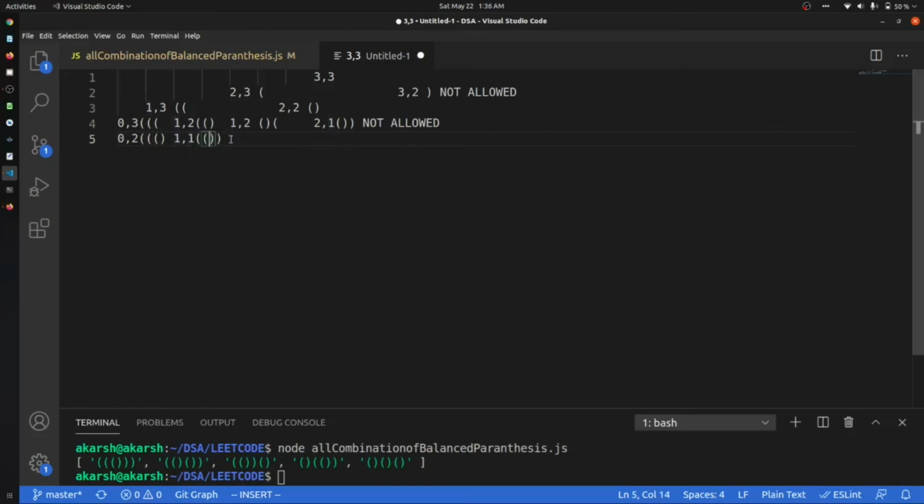It will be like this, and then we will come to this point. One sec, I think I have done something wrong. Okay, this will end up as 1 comma 1, and it will be like this and this. Yes, it's right.